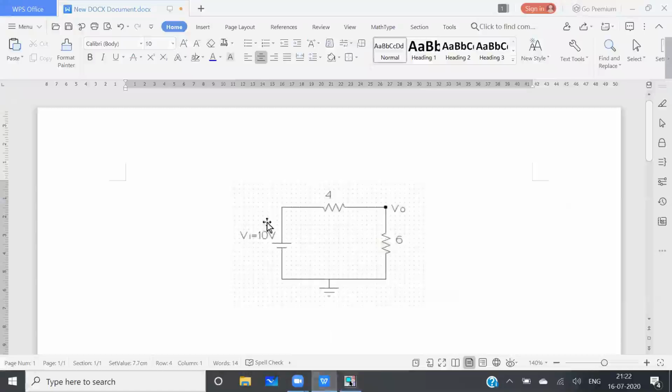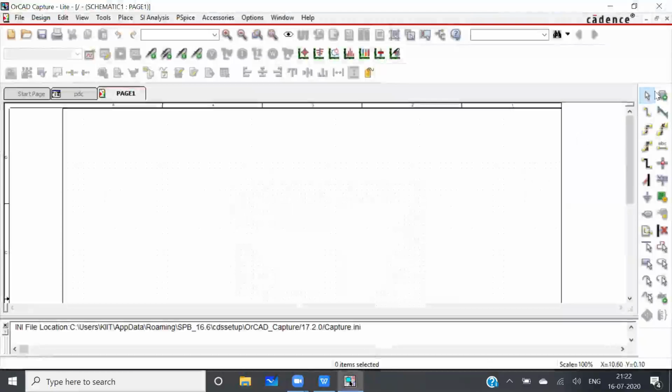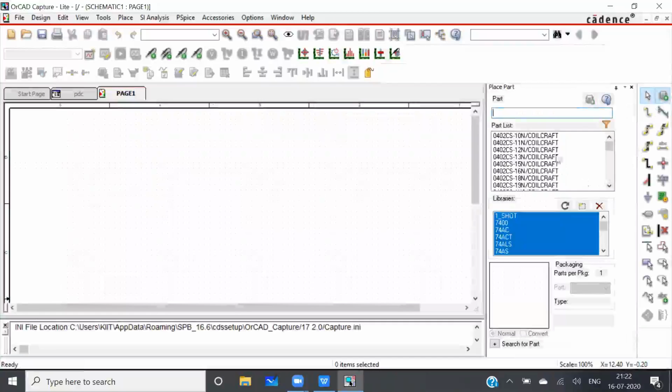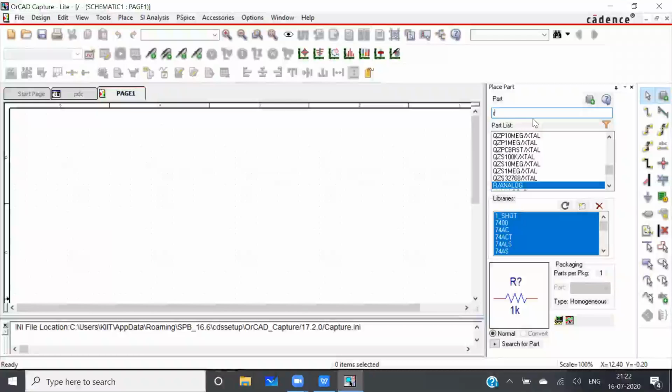So to design this circuit, I require two resistors, one DC voltage source and one ground. So first I need to select this place part. If I click on this, all these libraries and components will come here. Then I have to search for the component. So first I will search for resistor. So I will select this R/slash analog for this.